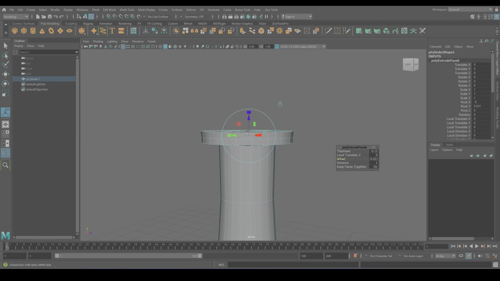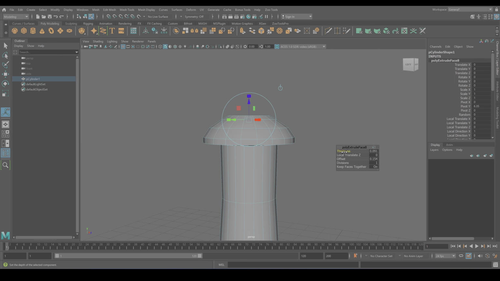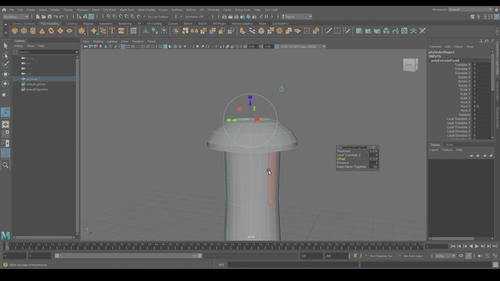Starting with some sort of a roof. So now having the roof, making it a bit smaller. Now starting with the lighthouse.